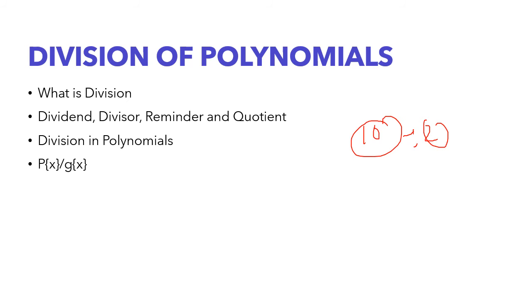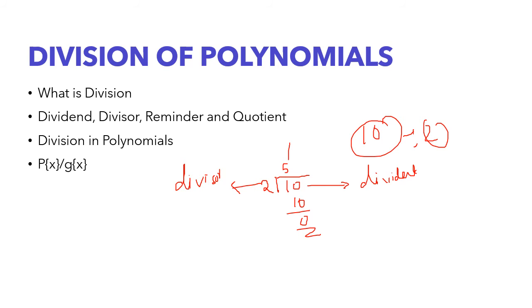So remember that. And when you divide it in the long division method, we know how to do it. 10 here inside, and then we will be putting 2 here. So 2 goes how many times? 2 fives are 10. And the remainder will be 0, right? So we know that the one with whom we are dividing is known as the divisor. The one who is inside is known as the dividend. The one who is on the top is known as the quotient. The one who is in the bottom is known as the remainder.